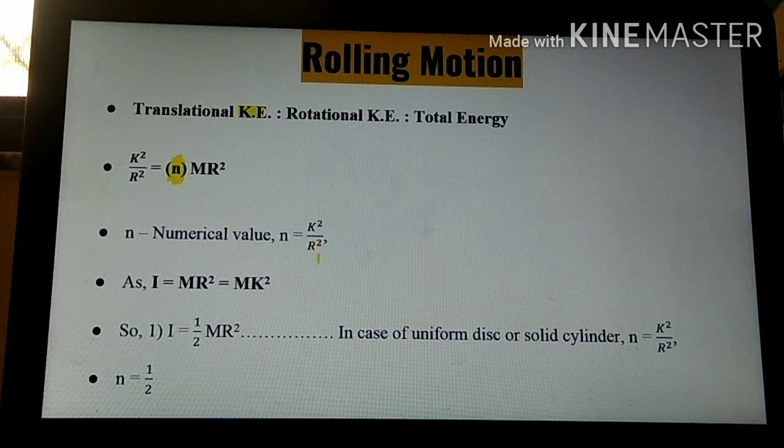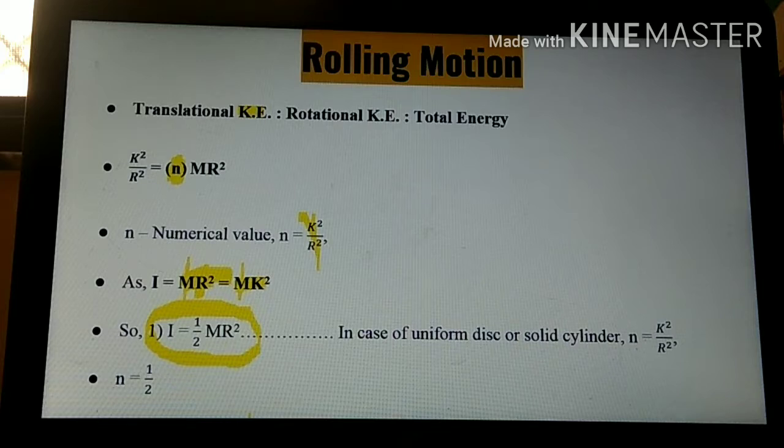Take for example, from where are we getting this? For that, try to understand. Moment of inertia has two formulas, that is mr² as well as mk². If we compare these two equations, what will happen? m and m will get cancelled. Ultimately r² will come in the denominator. So k²/r². By just looking at this, for understanding, you will get the value of k²/r².